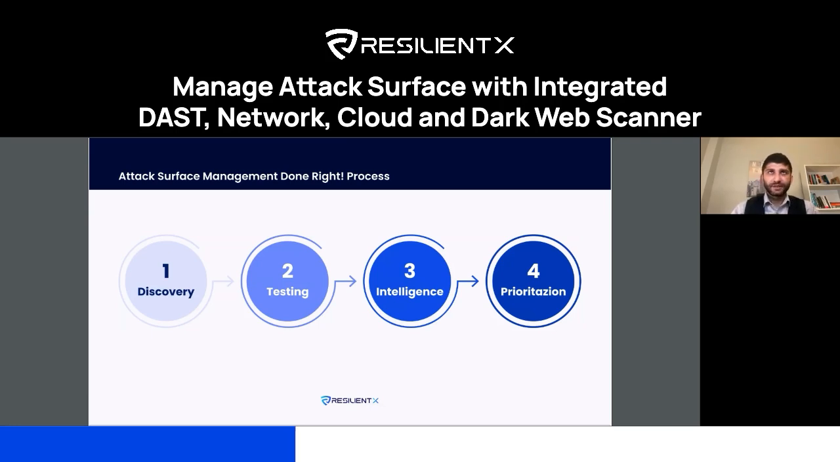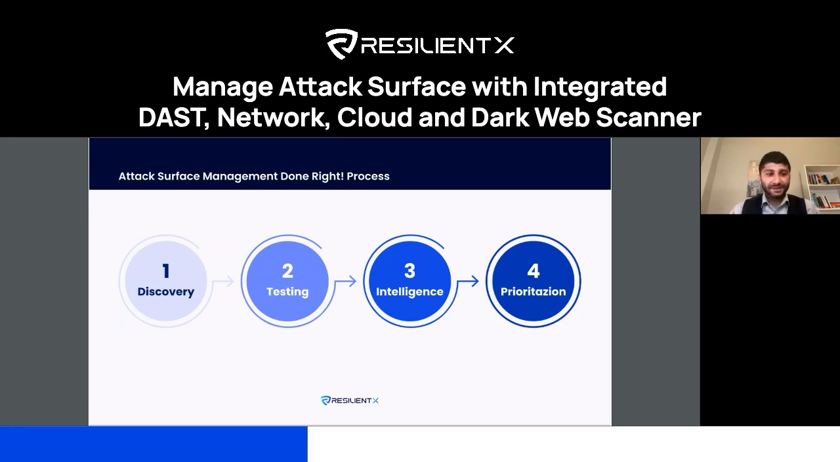In this case, what we always say is that attack surface management should be done in 4 steps. And the 4 steps are discovery, testing, intelligence, and prioritization. So let me go through these steps very briefly. The discovery part is essentially the first question that we ask ourselves. We need to understand what we own, what is ours, and what is the level of exposure